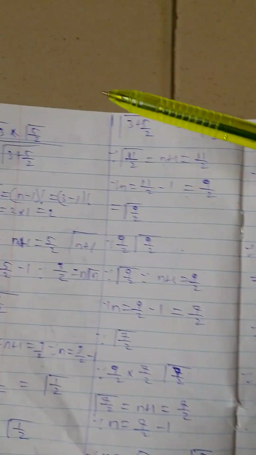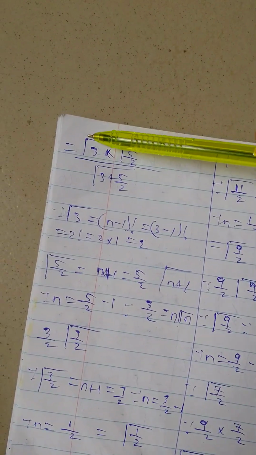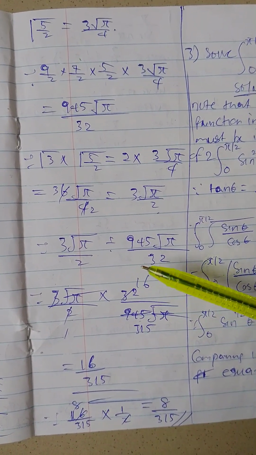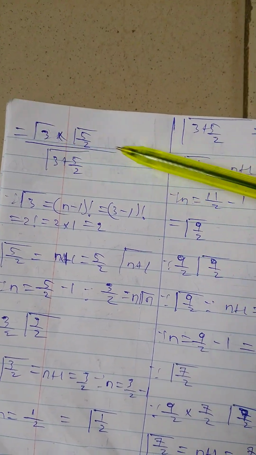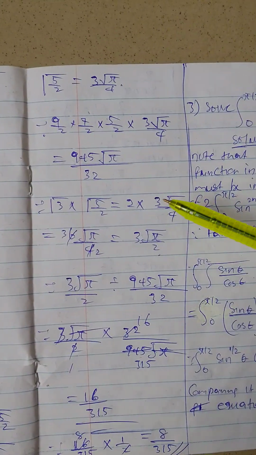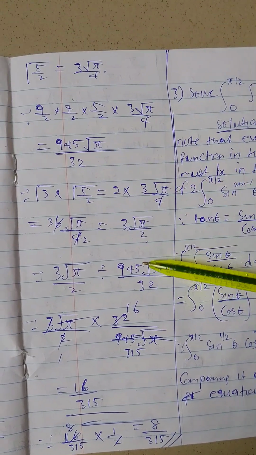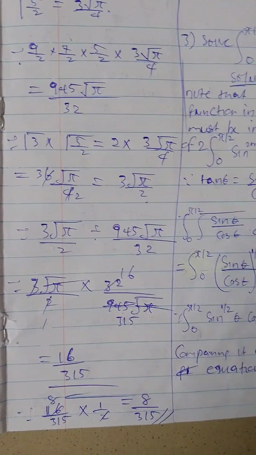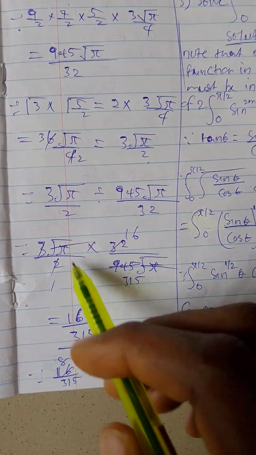Now, I know that it is this over this. So my answer for the upper number is 3 square root of pi over 2. Remember, we divide by my answer for this one, so divide by this. I know that division changes to times, so that becomes 3 square root of pi over 2 times